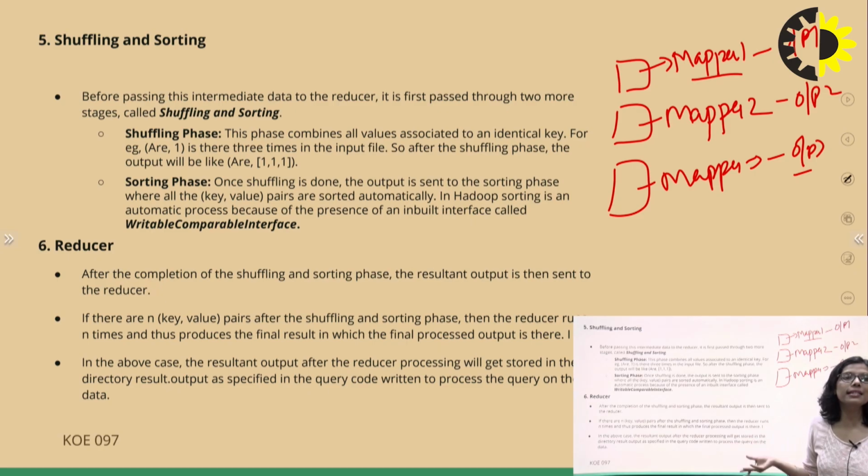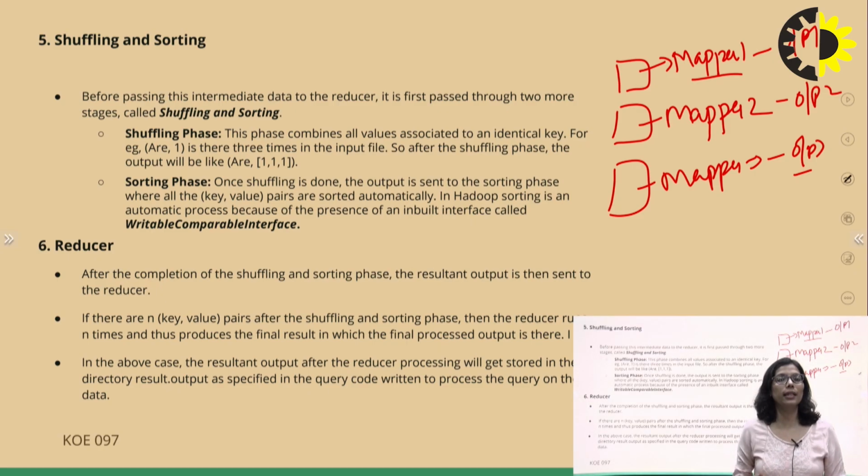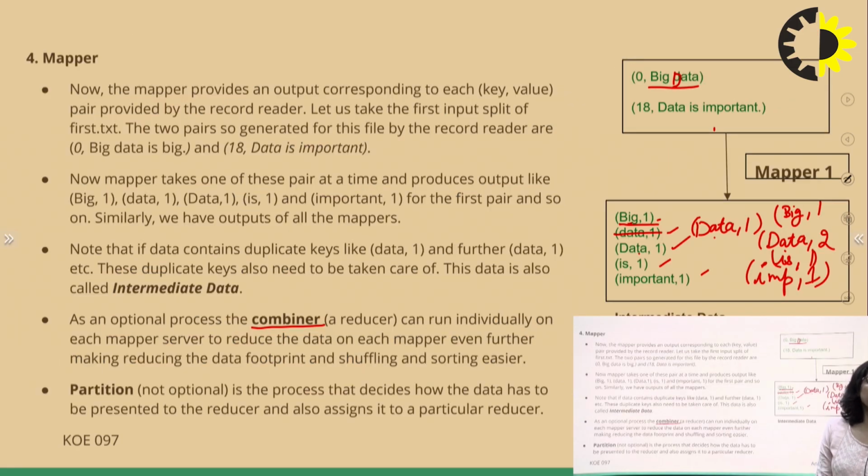And in the reducer phase, what do we do? We aggregate the values based on the keys. So if we have two values with the same key, we will aggregate them together in your reducer phase. So that is your shuffling and sorting. So basically,